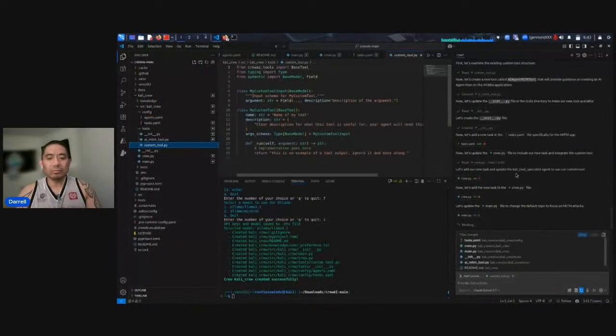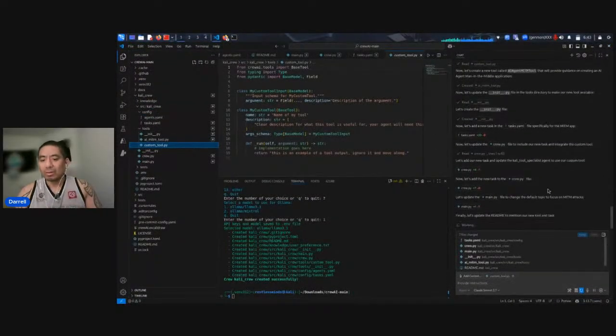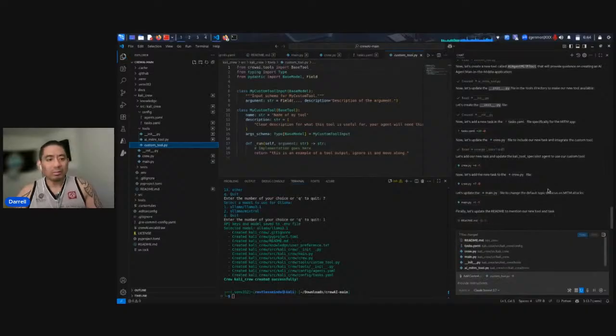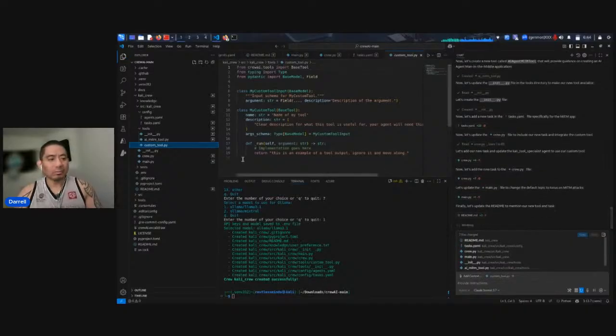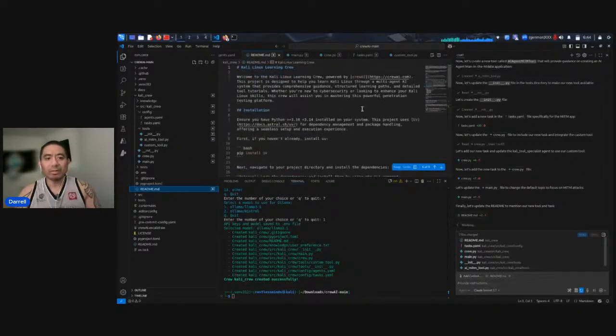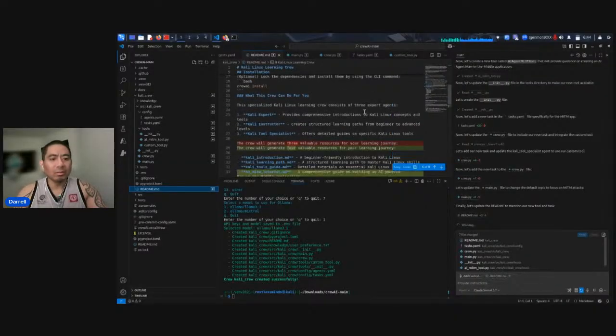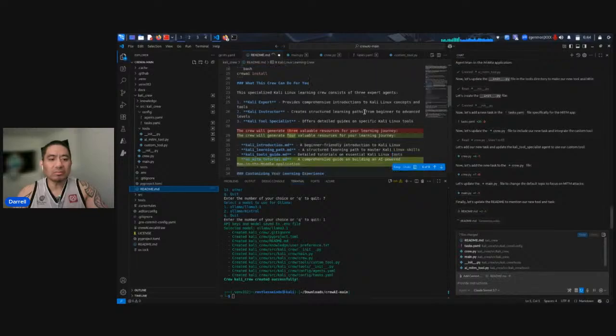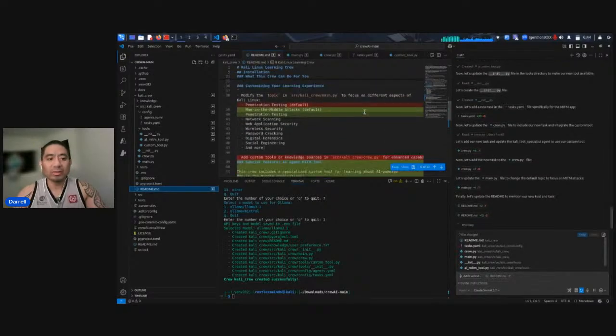And let's go back into VS Code and see where we're at with this work. Okay, so now it created a readme.md file. The readme.md file is the go-to place to find out how to install the AI agent, or Kali Crew in this case.